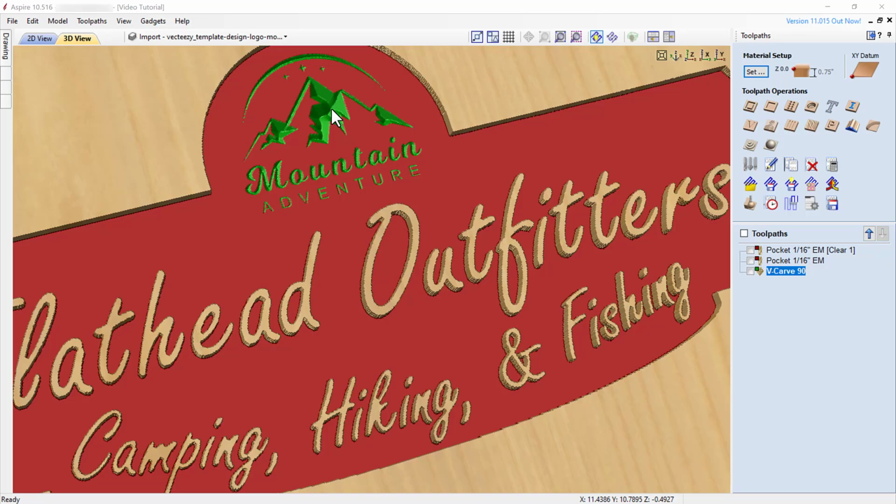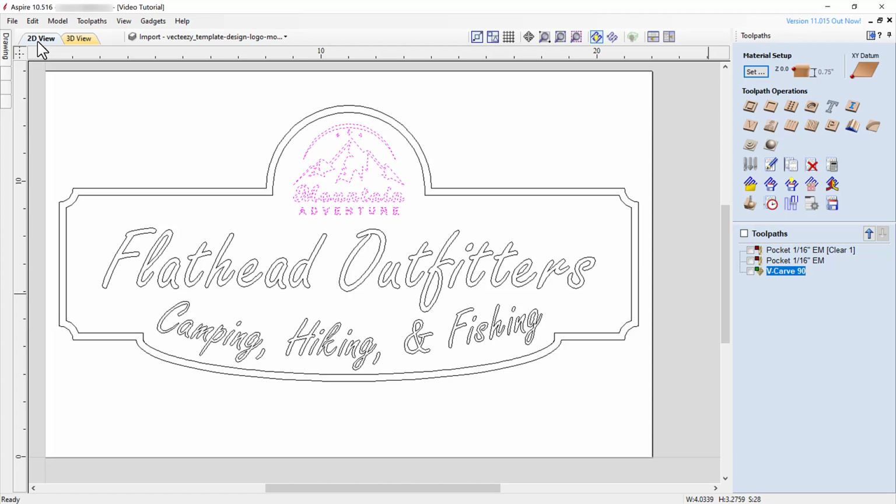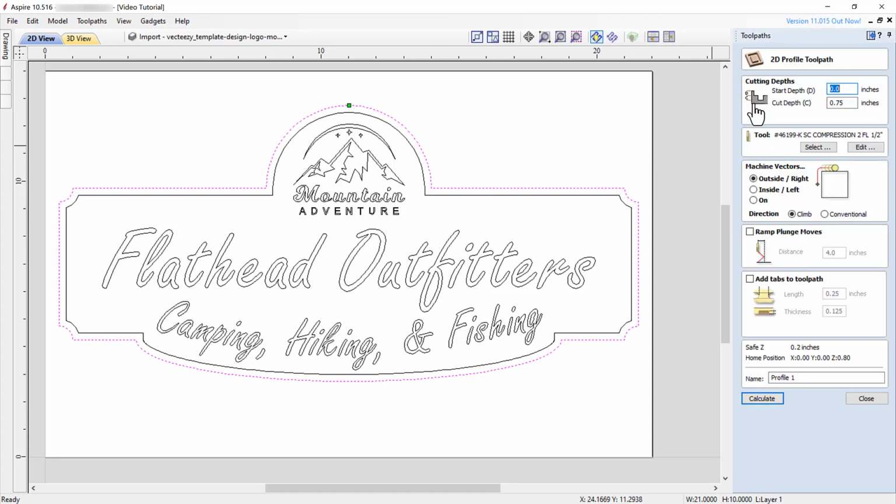The last toolpath that we need to create is a profile toolpath, which will cut out our sign from the material. For this toolpath, we only need to select the outer vector of the sign. So, click that vector and select the Profile Toolpath tool. The next step is to select the tool, and a commonly used tool for this job is a 1/4 inch end mill. Let's select the default 1/4 inch end mill and check the cutting parameters.